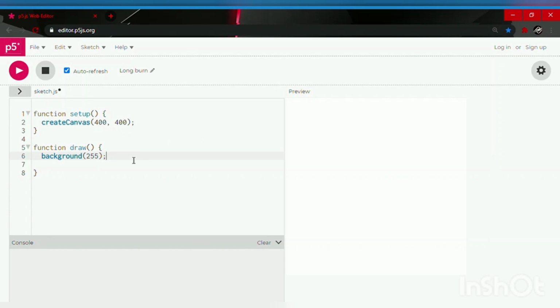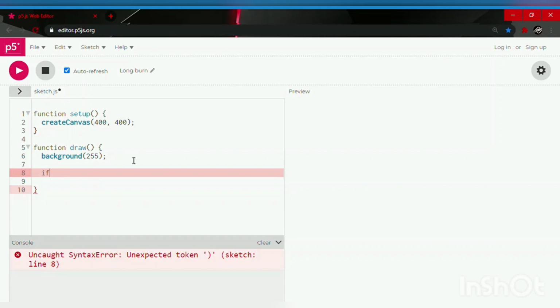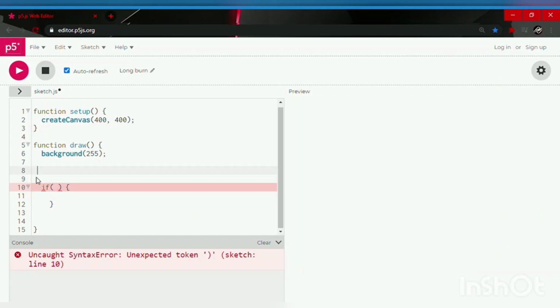And now let's start by making if-else statements. So let's make an if statement: if followed by parentheses, an open curly bracket and a close curly bracket. In between the parentheses we have the condition, and in between the open and close curly bracket we have the code to run. So guys, now let's make a number variable, number, which will be 30, and in between the if statement parentheses we're gonna type in if number